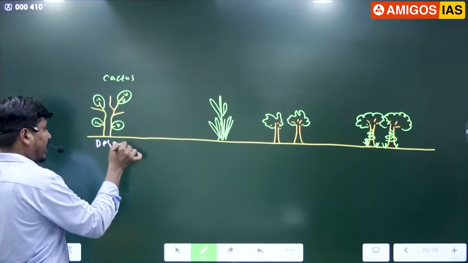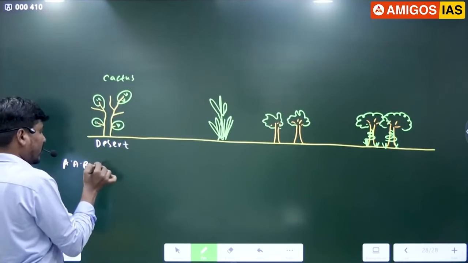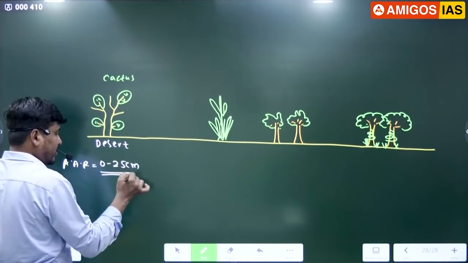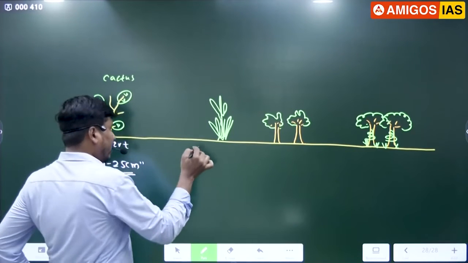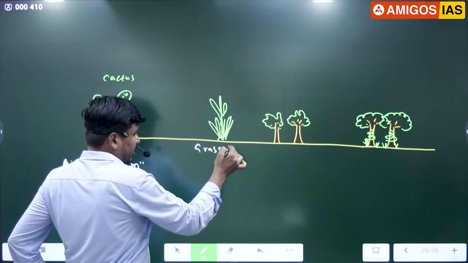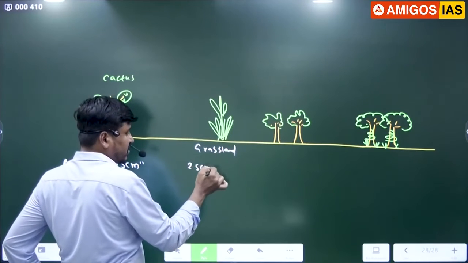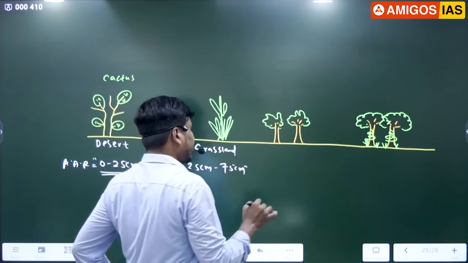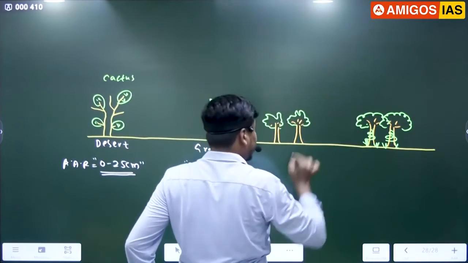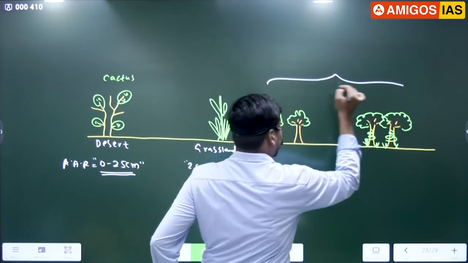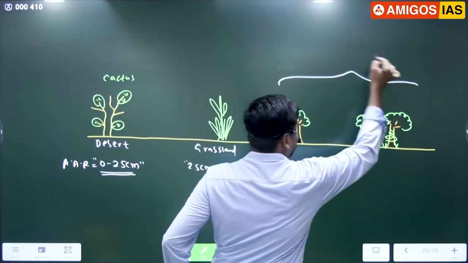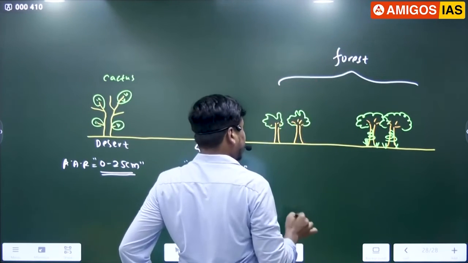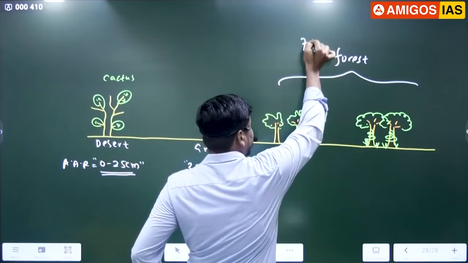To call it desert, the annual average rainfall is between 0 to 25 centimeters. If the annual average rainfall is between 0 to 25 centimeters, we call it desert. To call it grassland, the rainfall should be more than 25 centimeters and less than 75 centimeters. This is the condition for grassland. And within forest, there are two types: deciduous forest and rainforest. Both together we call forest, right? Forest always receives rainfall between 70 centimeters to